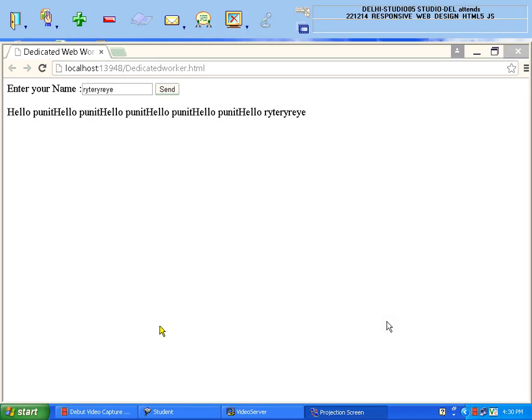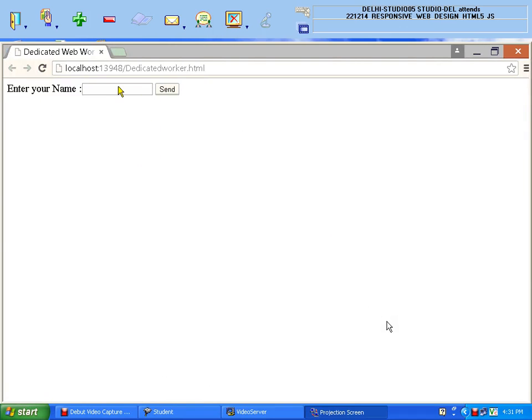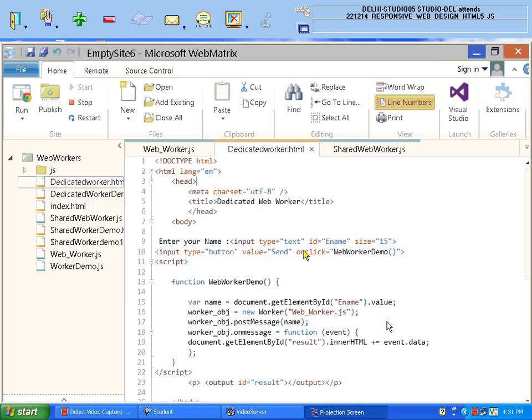See, I will repeat again. If someone has a problem seeing the screen, just try to understand my meaning over here. I have created one web page. In this web page, I will write something over here, whatever message I write, and I will click on this send button. In this web page I have used one web worker demo function on the click event. So whatever value I write in this input box,